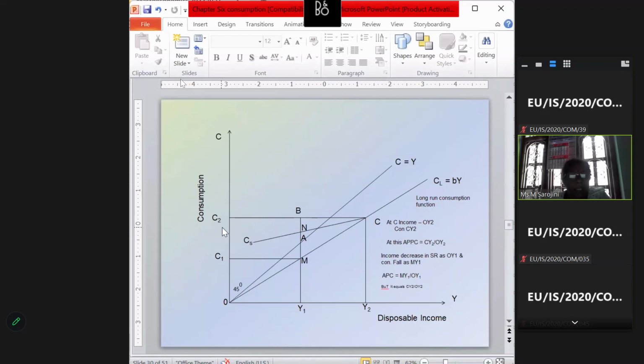And at this point C, the APC is equal to OC2 divided by OY2, right? Or you can put it like this as well, CY2 divided by OY2. In these two ways you can elaborate, but you have to know that the value of the,